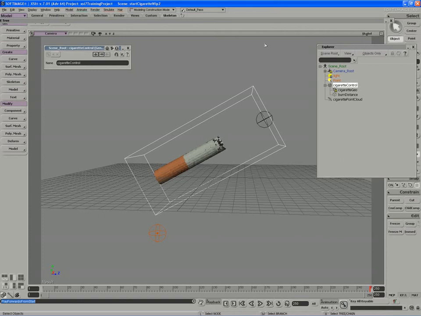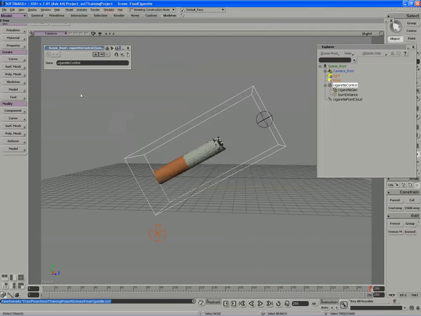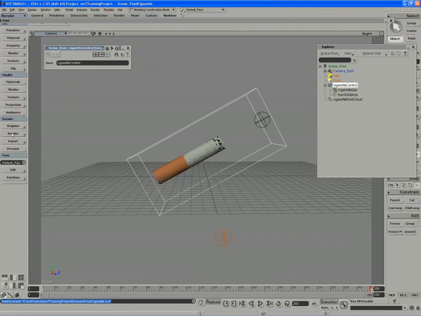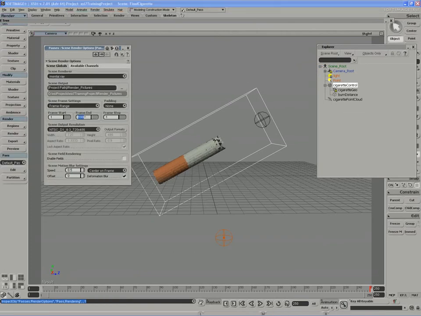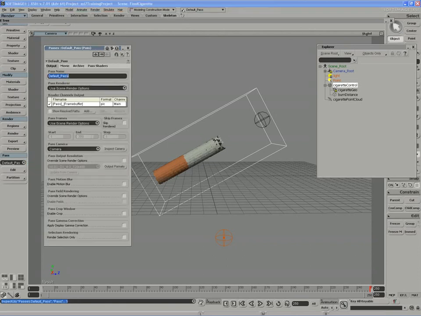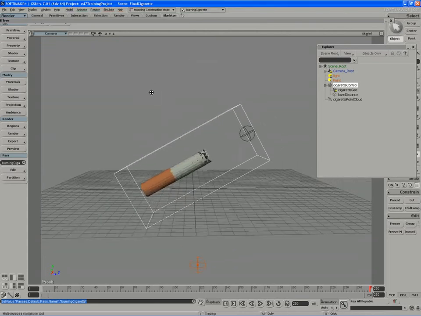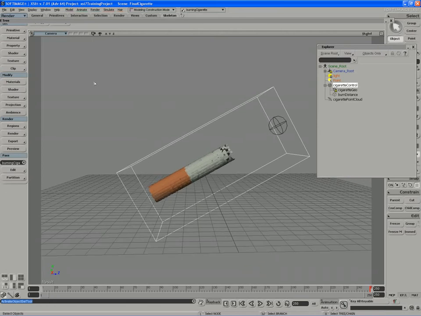So I'm going to save this as my final. And I'll get a render going. I'll make sure I set up the scene options. Go with 300 frames. I'll set up the render pass options with the name burning cigarette. Make sure we're rendering to the appropriate folder. Training project, yes we are, and I'll render from here